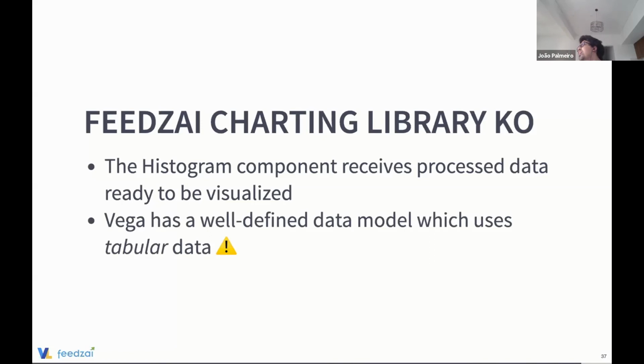We have the specification. Like you said, in the grammar of graphics, you have a transformation part, but in the real world, with big data, with a lot of pre-computation needed until we reach the data that is needed to be checked, maybe this is not a concern for the histogram component or for Vega or Vega-Lite. Maybe we should do this with different technology in a different place, do some abstraction, and these kinds of things will only receive the data.